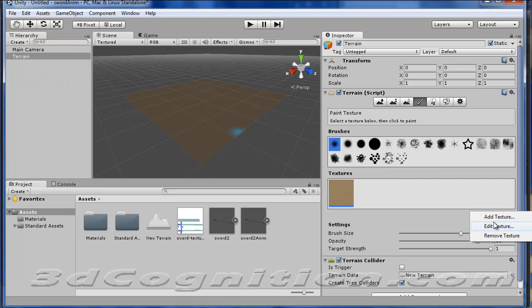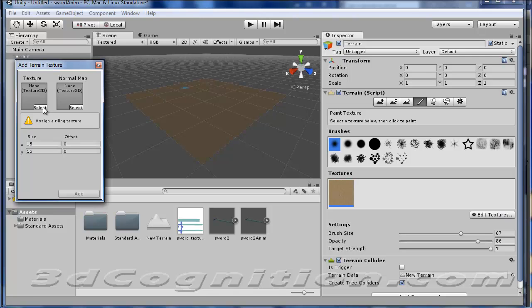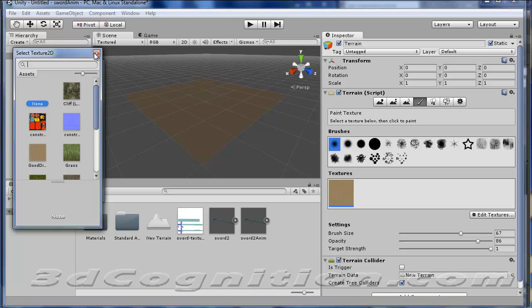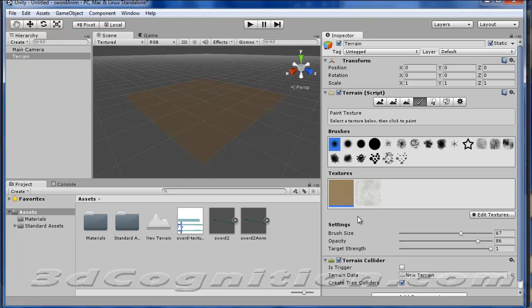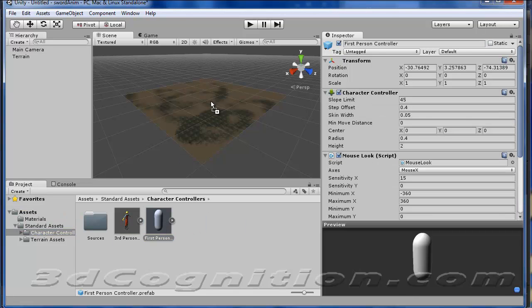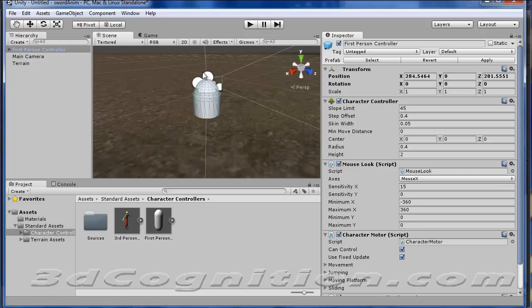And we'll add another texture, and I'm clicking on name texture 2D, cliff textures, whoops, too fast, and I'll click on that and I'll just add a little texture to this thing so we have somewhere to play. And we'll go to Standard Assets, Character Controller, and we'll drag our character controller into the scene. And I'll just hit F so I can see it and move it up so it's not going to fall